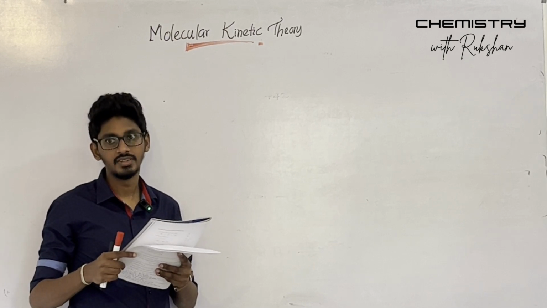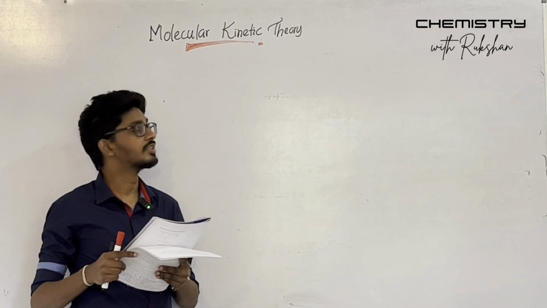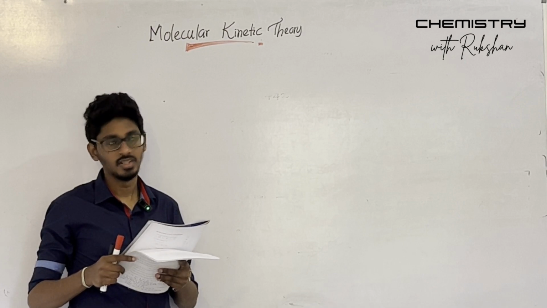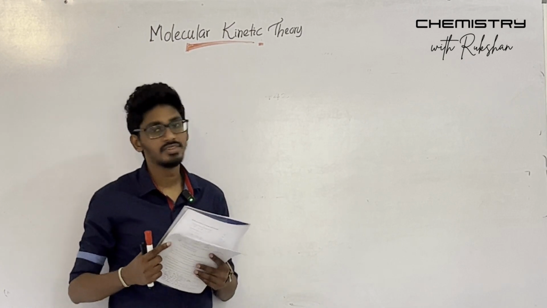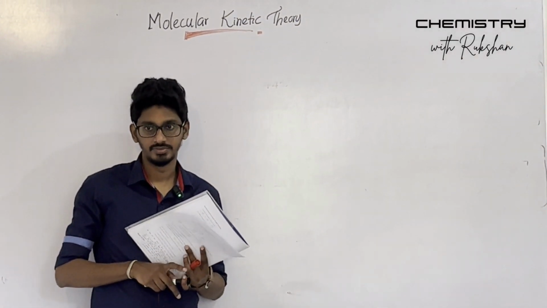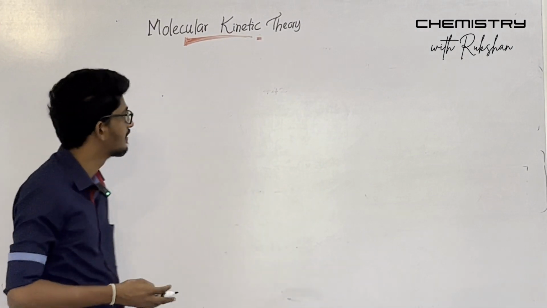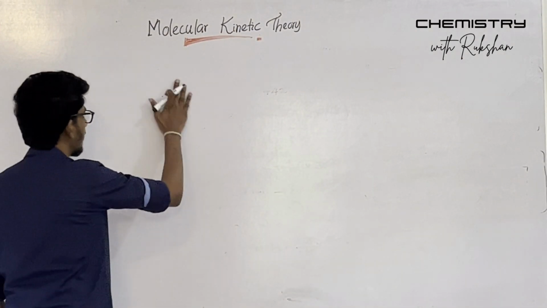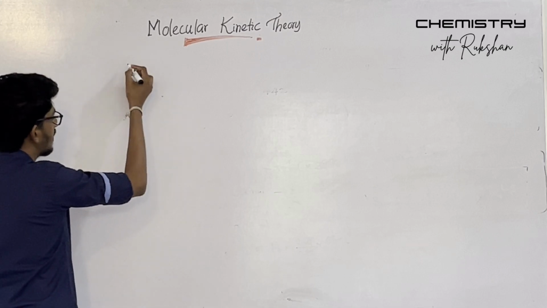According to molecular kinetic theory, we had introduced an ideal gas, right? So that is this theory. This theory is also coming up with the equation for gases, right? So the equation is like this: